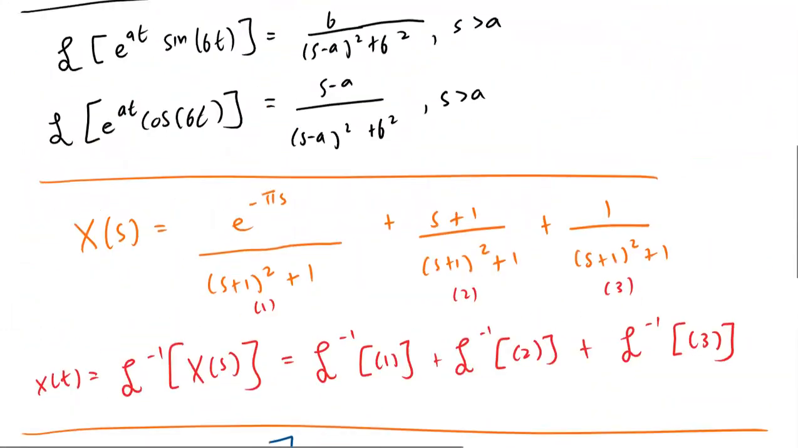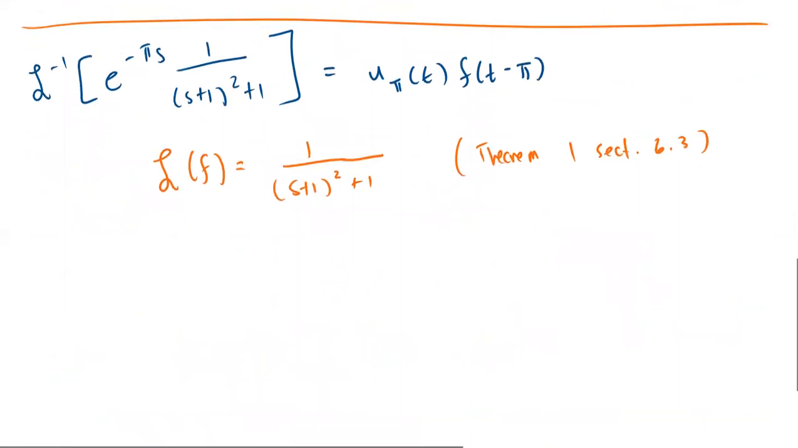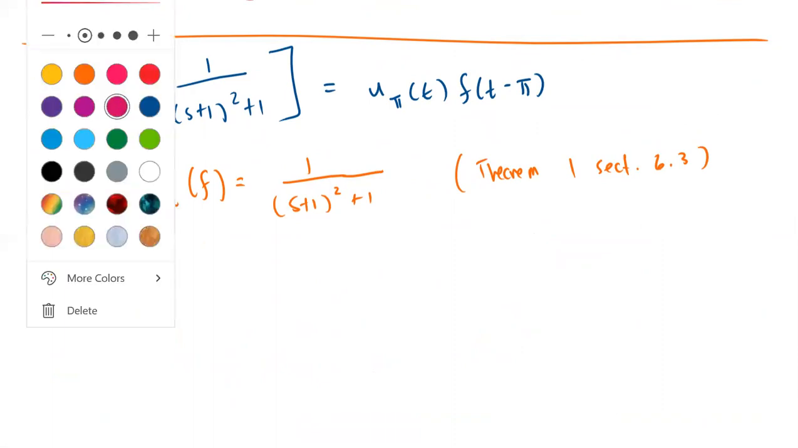Right? So it's either going to be e to the at times sine of bt or e to the at times cosine of bt. Now this fits precisely the form for e to the at times sine of bt, where a is negative 1, so we get an s plus 1 squared here. And then b is 1. So if b is 1, we get 1 squared over, and 1 in the numerator. So that is exactly 1 over s plus 1 squared plus 1. So what's the function whose Laplace transform is this expression? Well, like I said, it's precisely this